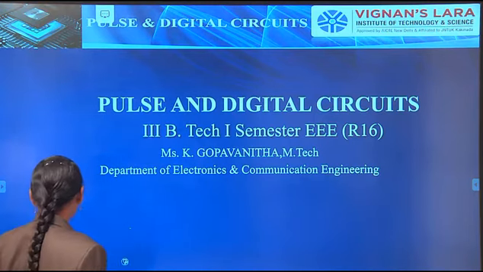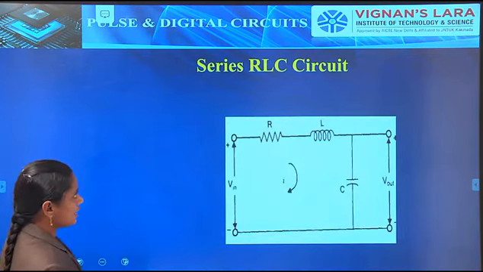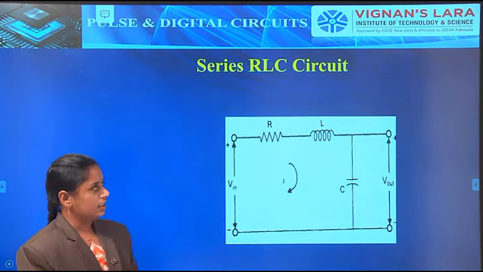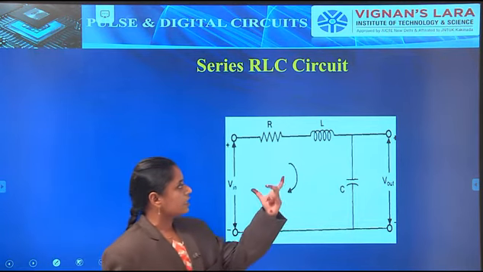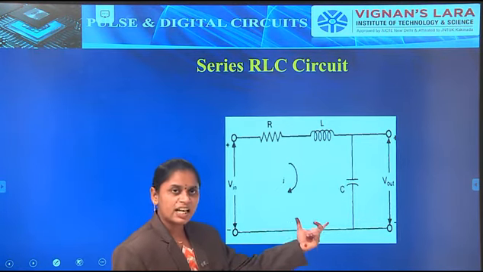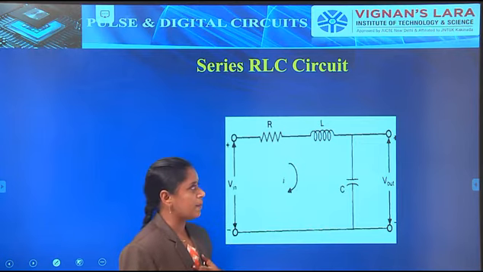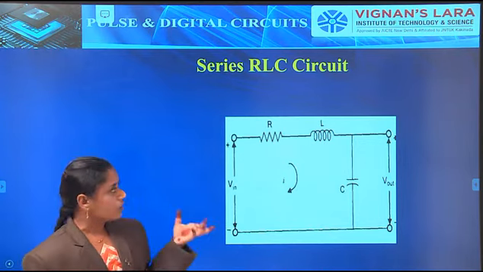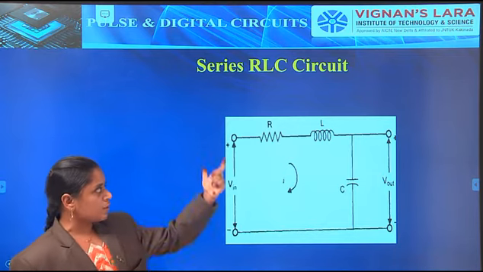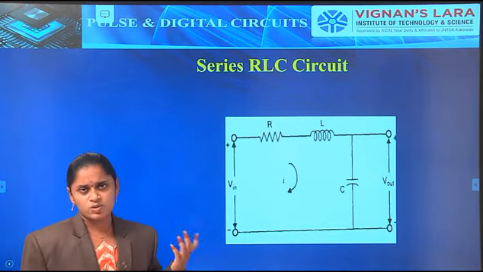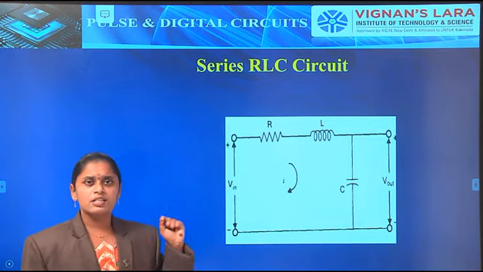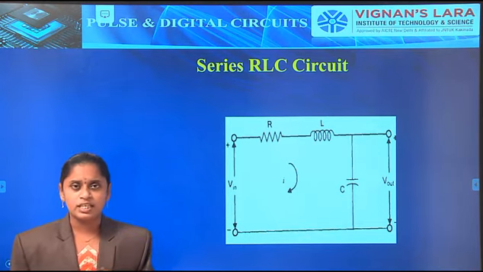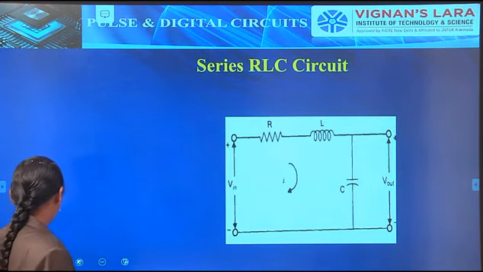First of all, what is meant by an RLC circuit and how will the circuit look? Here the input is given to the resistor and inductor, and the output is taken across the capacitor. This type of connection is known as series connection. In this session we discuss the response of this particular circuit. This is not a high pass or low pass circuit; we simply discuss its responses in terms of a step input signal.